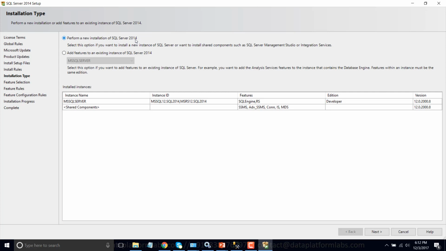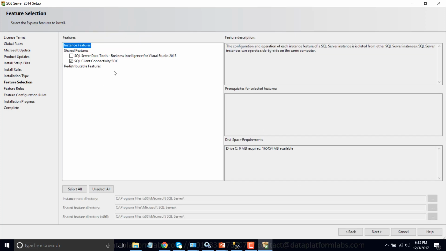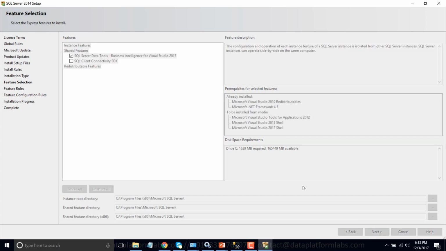Sometimes this is confusing, but we need to do that to install the SQL Server Data Tools 2013 on your machine. Now we can click next, and from here we need to select SQL Server Data Tools Business Intelligence for Visual Studio, and then click next.